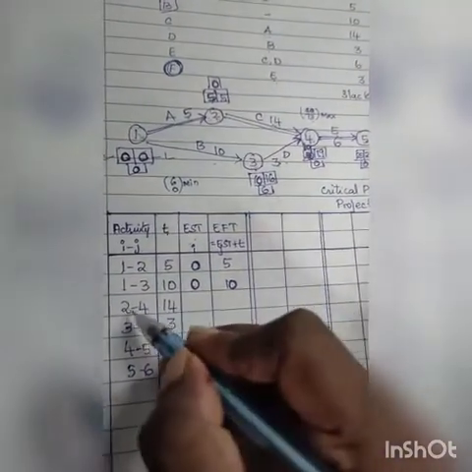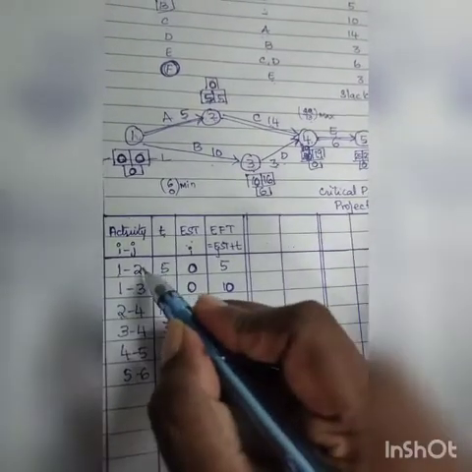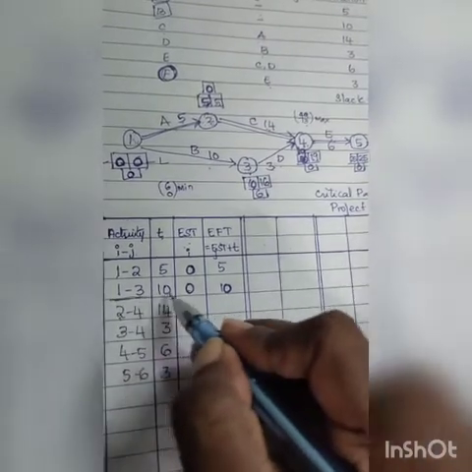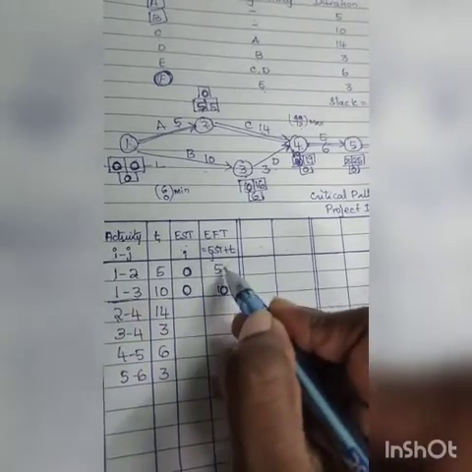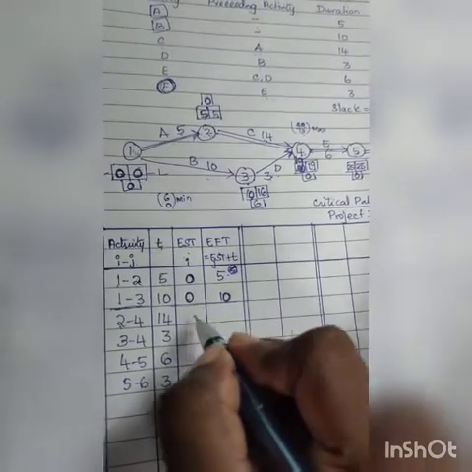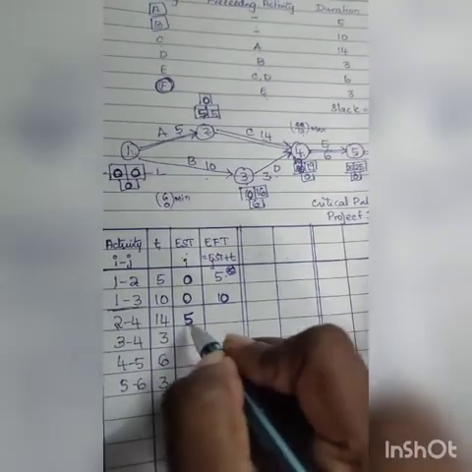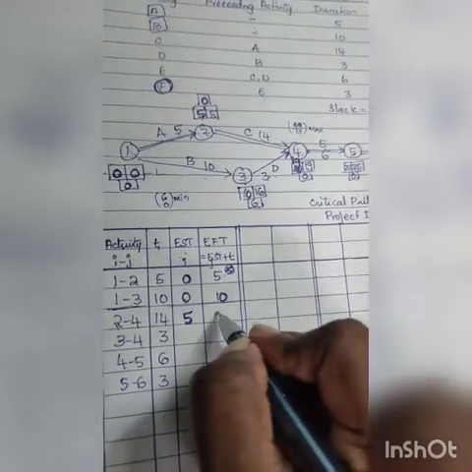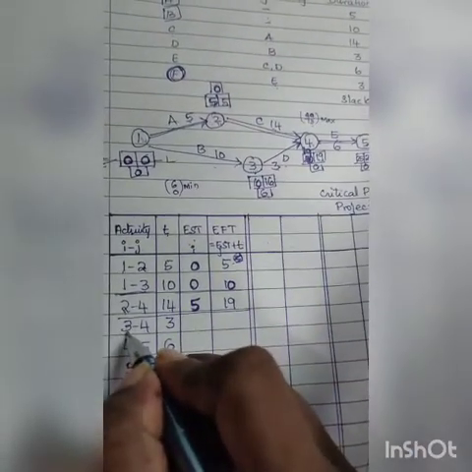This is done. Now we come to the third one. The node is 3. Now I don't have a 2 in the I column, so I look at the finished part. I have a 2 here, that is J is 2. So this value I am going to use is 5. There is only one, so I have no choice. For 2 I am putting 5. So 5 plus 14, I am getting 19. This is done.